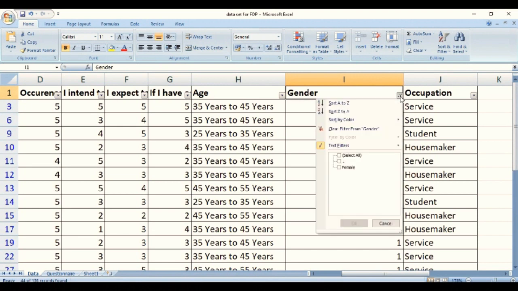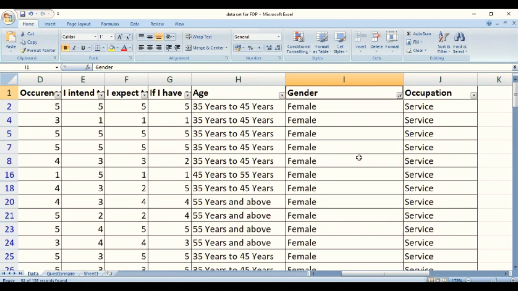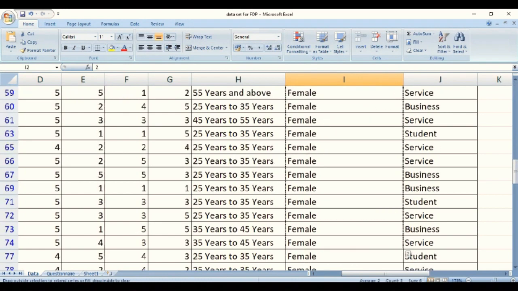Similarly, we will do it for female. We will go to Filter and click on female and click on OK. Wherever there is female, we will write 2. We will write it for a few and then scroll down for others.